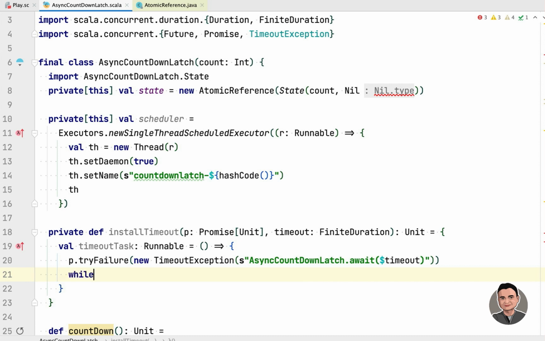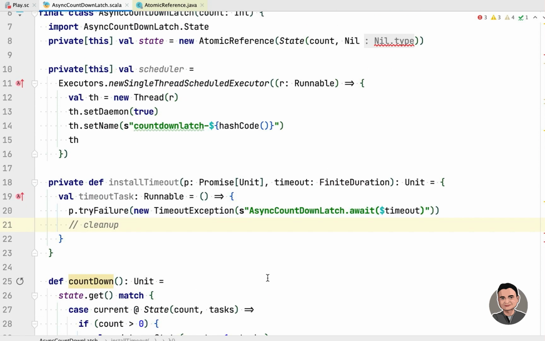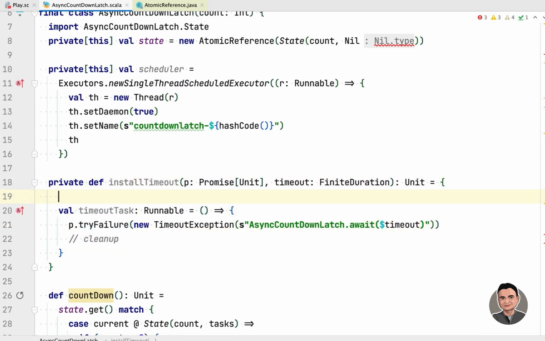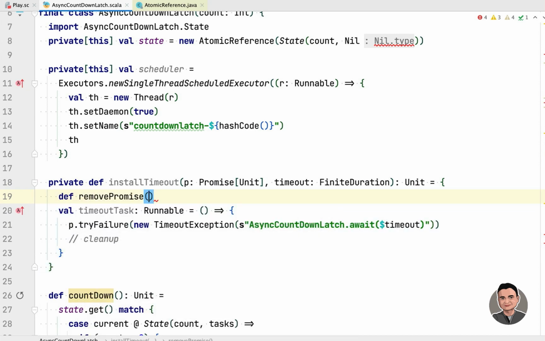So let's, here we need to do the cleanup. Again, this is not scripted. I don't have the code ready. I'm developing it with you right now. Here we need to go into a loop, so remove promise from our